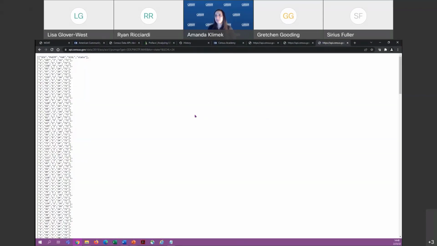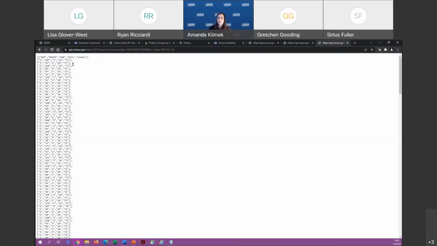This is a sample query that they provide, and at the top here, you can see all the variables that go into it. We have sex, we have PWGTP, which is the person weight, and we have MAR, SCHL, and state.